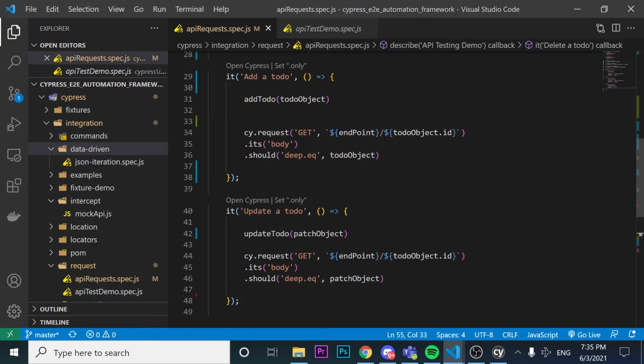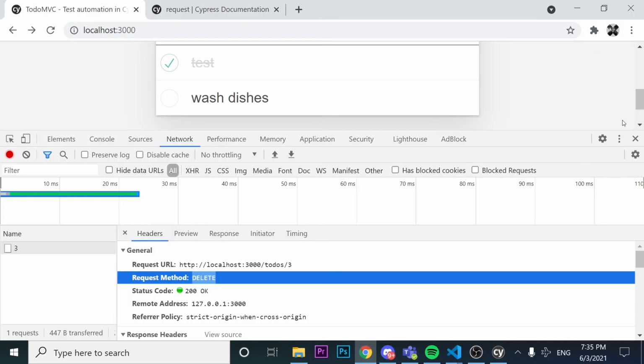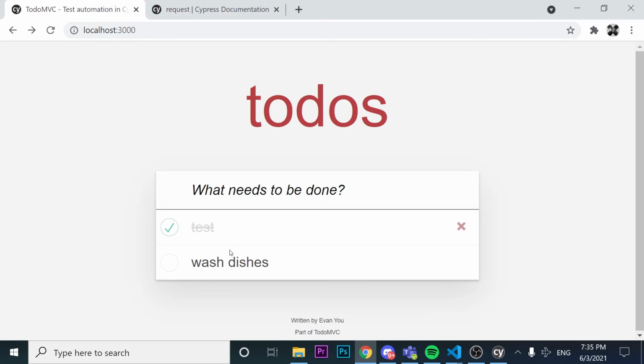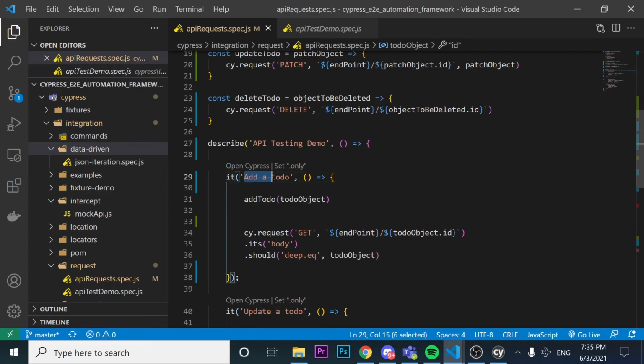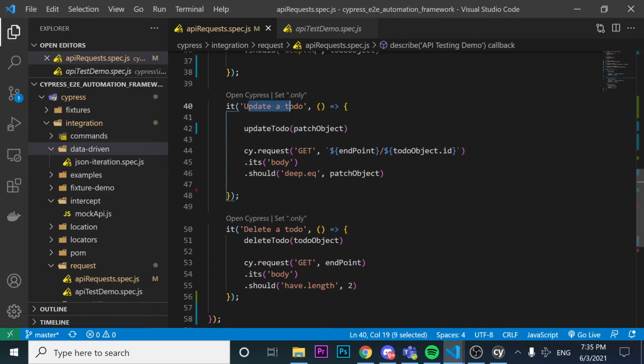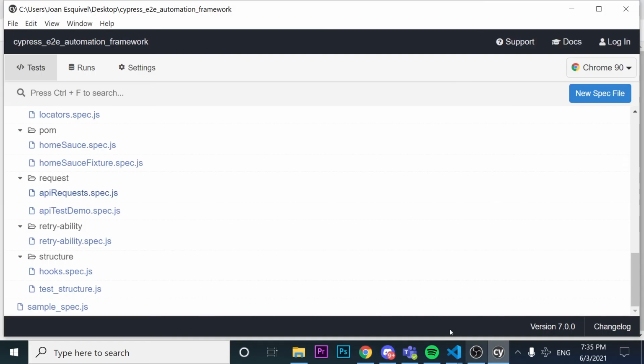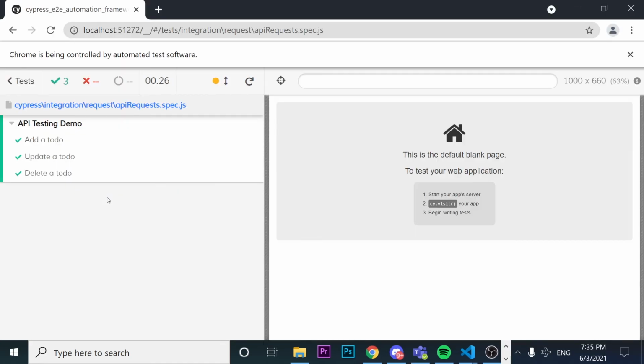Because if you remember correctly, the application is coming with 2 objects, 2 to-dos. We are posting one of them in order to test that we can add one and we can update that one, right? And now after I delete the request, I want to make sure that the body from the request in the endpoint only has an object of 2 elements, right? So if I come here and I execute this script,